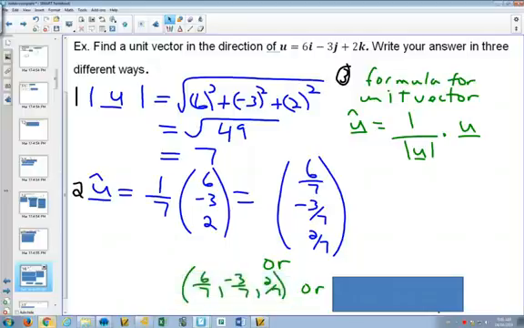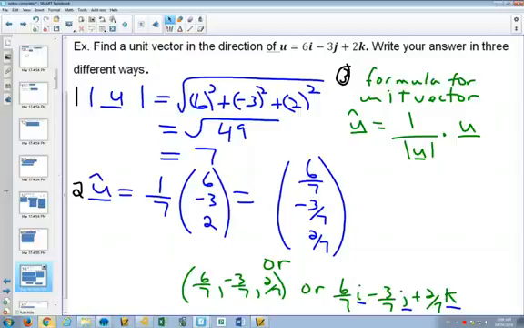And then the last way that you could write it is with your unit vectors. So there's a bunch of different ways that you could write your answer. Off to the side there, we wrote down what the formula for a unit vector is. So whatever the length of your vector is, you just have to divide by that and multiply that by the vector you started with. I personally, of all these forms,